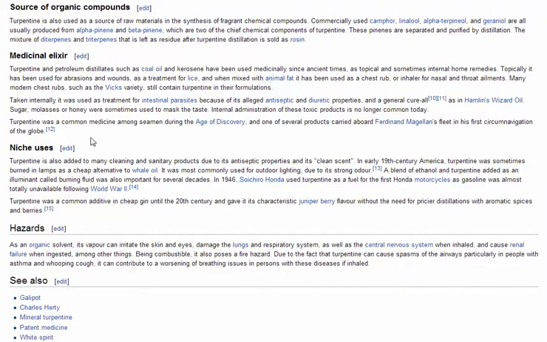You also saw it was a common medicine among seamen during the Age of Discovery. And turpentine can also be used to sanitize products as well because it has a natural antiseptic property to it and a clean scent. So this is the story with turpentine. In the next video, we'll